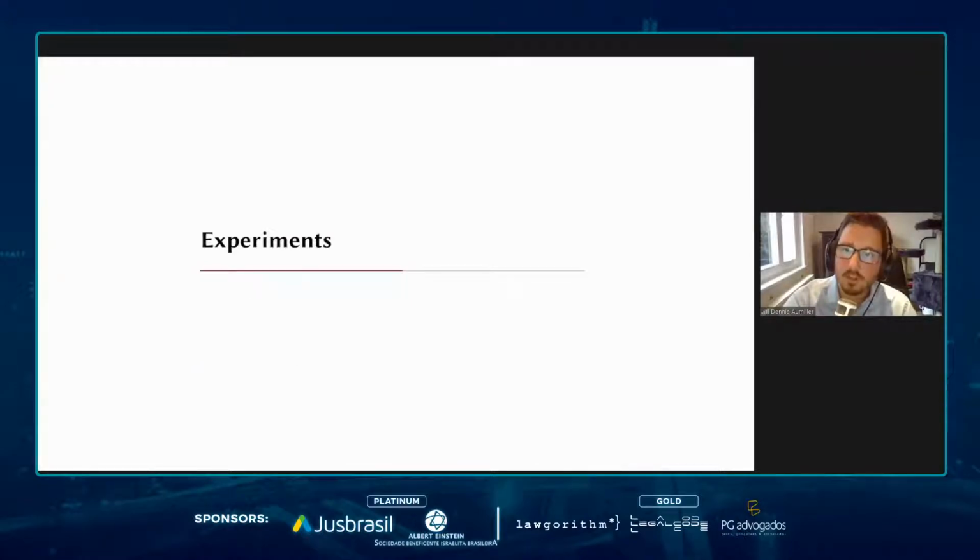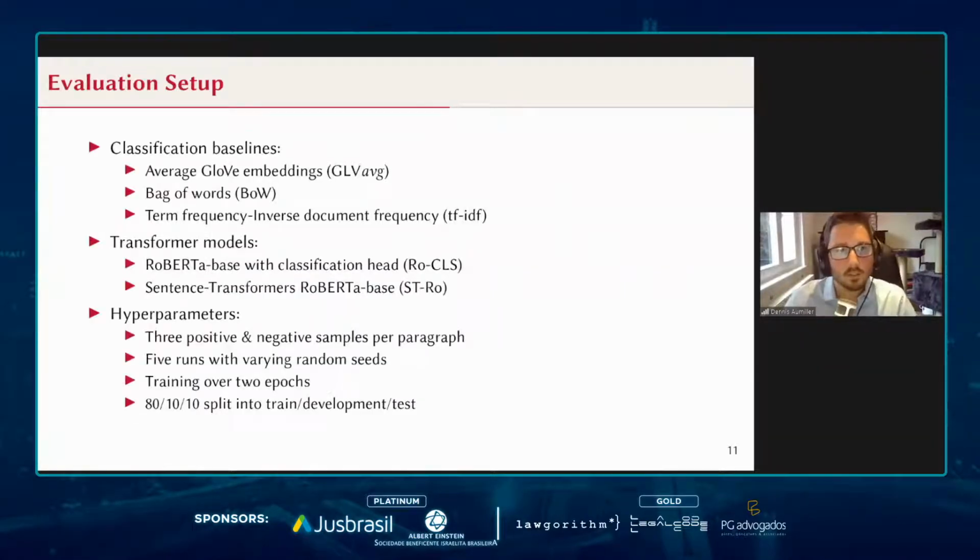Now actually moving on to the experiments. So the evaluation that we did was firstly verifying that our binary classification actually works well, and then transferring this into an actual downstream segmentation task. The setup that you're seeing here are the basic methods that we compare for both the classification and segmentation. We will introduce further related work in the actual segmentation task. But for now, baselines that we used are simply averaging GloVe embeddings. In the previous presentation by Malte, we've seen that this usually leads to really good performance out of the box.